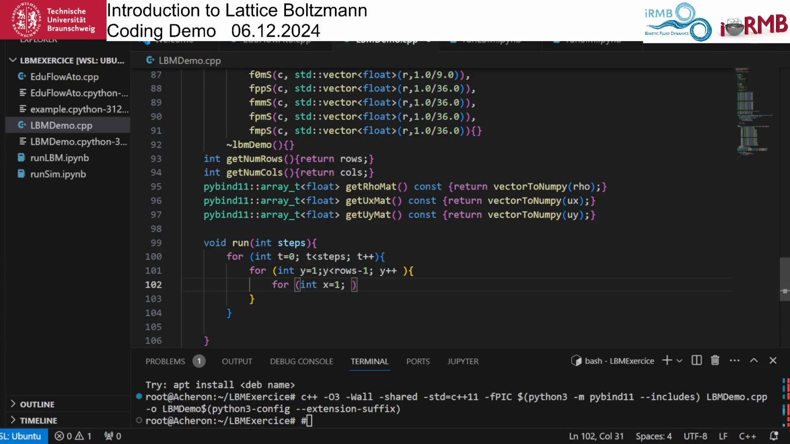So I've not taken any particular care of ordering here. x is smaller than cos minus 1, x plus plus. Right. So now we are inside our loop. Okay, now, as I said, we are not trying to be very clever and very efficient here. What I'm going to do while processing these nodes